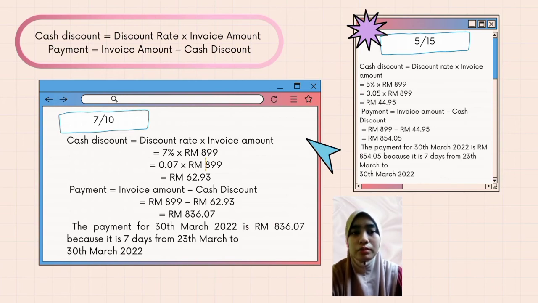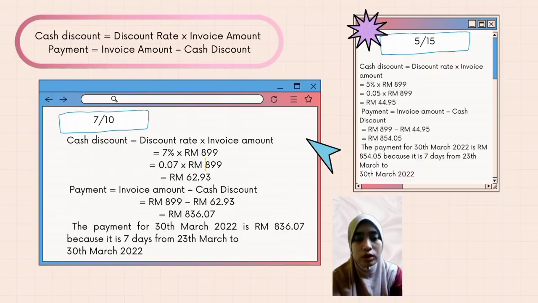The payment for 3rd March 2022 is RM836.07 because it is 7 days from 23rd March to 30 March 22. Next, in terms 5/15, cash discount is 0.05 multiplied by RM899, equal to RM44.95. Payment is RM899 minus RM44.95, equal to RM854.05. The payment for 3rd March in 2022 is RM854.05 because it is 7 days from 23rd March